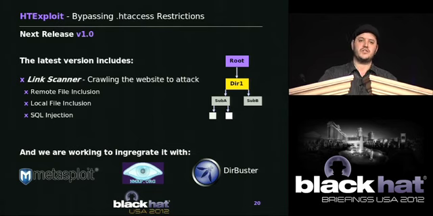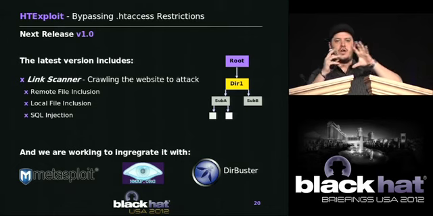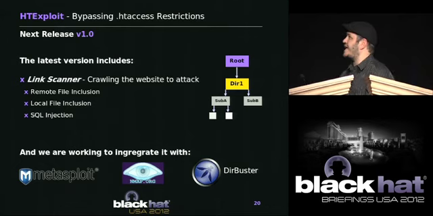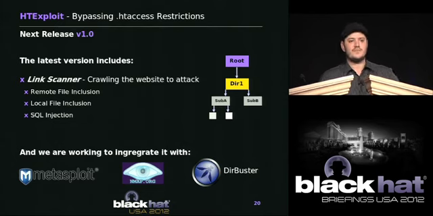And we're working to integrate the tool with Metasploit for SQL injection and Nmap for detection of other directories, other servers, other web services in other ports, and doing a more horizontal growth of the tool. Right now, from the root, for each directory, it does a subdirectory and so on and so forth for each and every file of the directory. And with the new integrations in the newest version, we will be able to cross it with an Nmap result and get different web services from the same IP address, and also